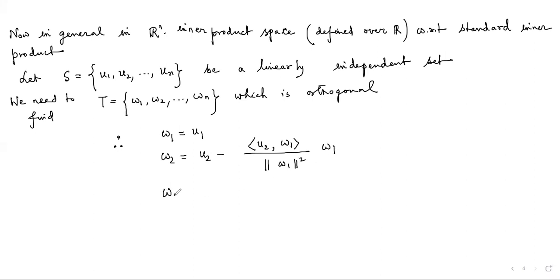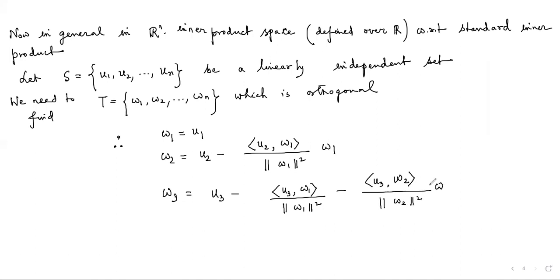And the third vector W3 will be U3 minus the orthogonal projection of U3 along the W1, W2 plane, which is given by this. That would be the W1, W2 plane. And in a similar manner, if you go on, the Wk vector would be Uk minus the orthogonal projection